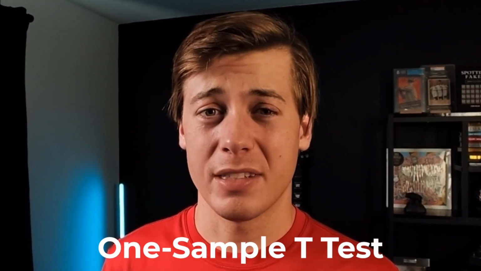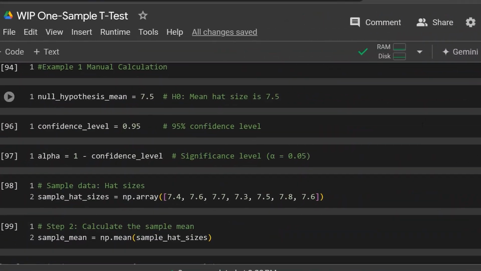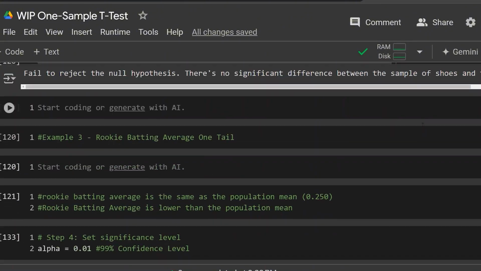In today's video, we're going to be taking a look at the one sample t-test and how we can perform this in Python through 5 different examples. We're going to start off with the manual calculation. Then we're going to go through some shortcuts with SciPy and close out the Python coding side of things with